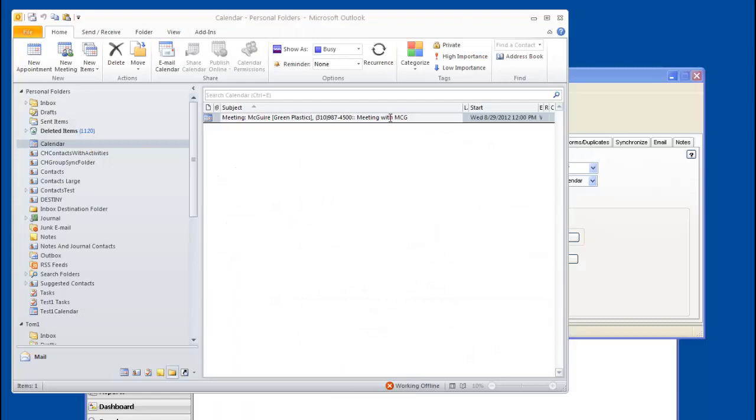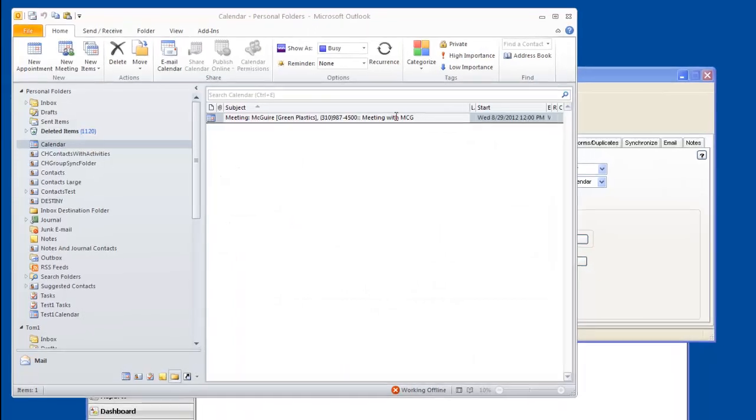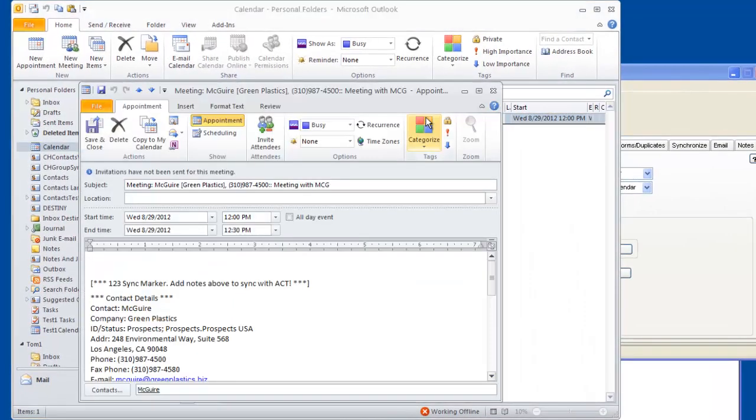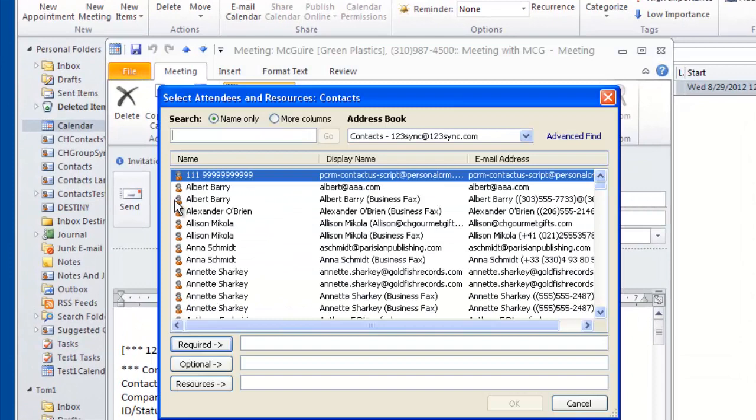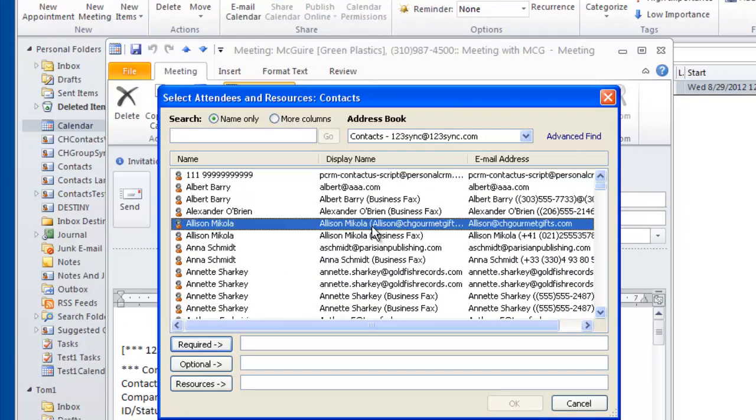So let's just take our existing meeting that we have with McGuire. We'll click here, and we already have it linked with McGuire. So let's just add some more people. Let's just invite some attendees. You click on invite attendees, you get the To. And here we can just say, okay, let's go to Alison Mikola. Let's include him. Let's include